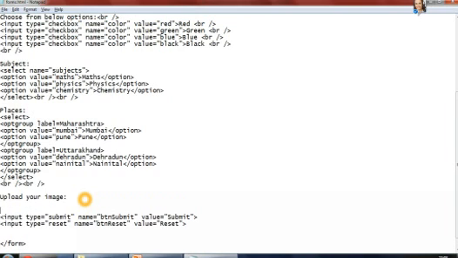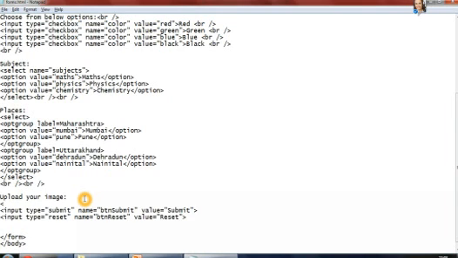So I'll give the input, the type as file over here, and after that the name attribute as file upload, and then just close it.